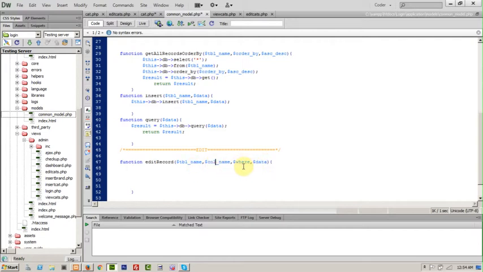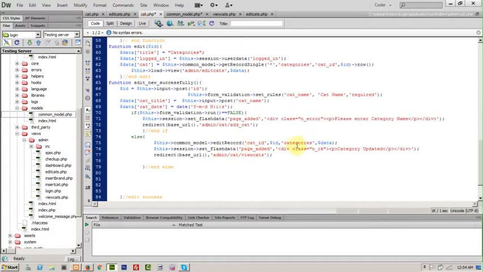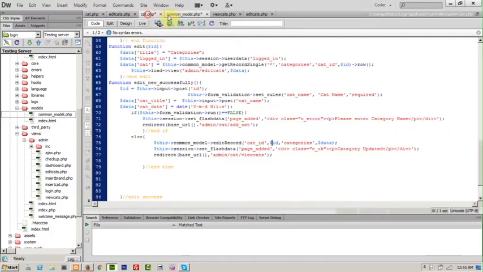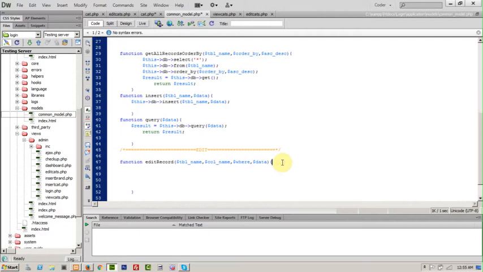And this column name will be that cat id column name, and id will be the id we are receiving from our edit cat file. Okay, and now